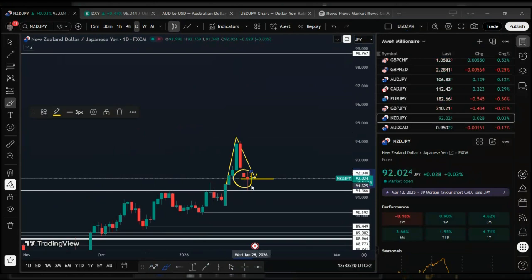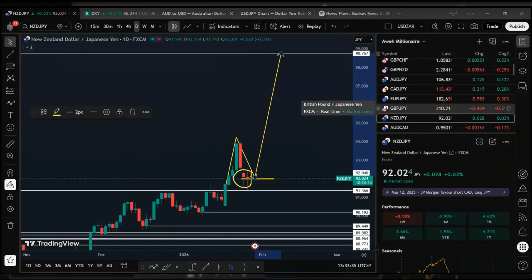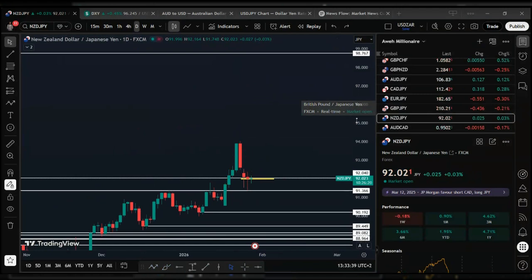Since price is failing to close below this level, it's indicating weakening from this selling momentum and a potential reversal from this level, which opens up doors for price to bounce off this level, continue to the upside, with the next major resistance sitting all the way up at the 98.76 major resistance level on NZD JPY. However, if price actually manages to break and close below the zone,